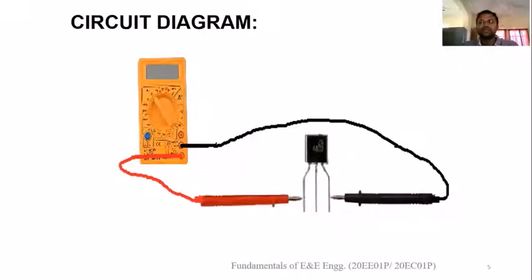If it is a PNP transistor, the way you keep the terminals and check for the value is different. And if it is an NPN transistor, the way you keep the terminals connected to a digital multimeter is different and the value obtained will be different. I have used an NPN transistor here. In the NPN transistor, you have to keep the positive terminal on the base and the negative terminal on either the emitter or collector side. You must get 0.7 volts if it is forward biased and over limit if it is reverse biased.